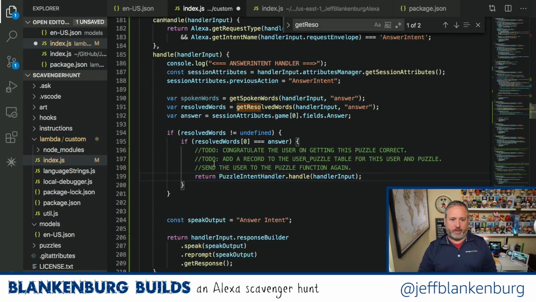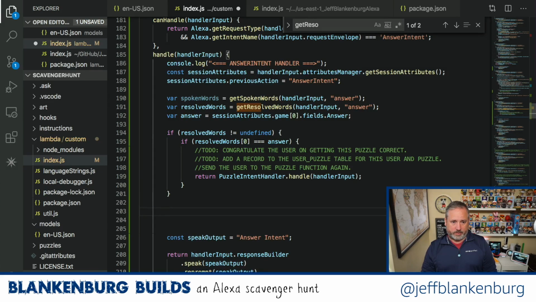Now, if I have a resolved word and it's not the right answer, that is exactly the same as them not having said the right word at all. I need this to be treated exactly the same way as a wrong answer. I can't say, oh, you matched one of our other puzzles or something like that. I can't do any of that stuff. So if those two things are true, great. Otherwise,